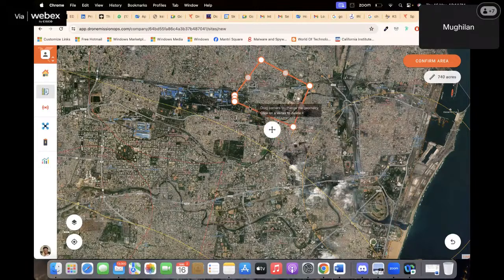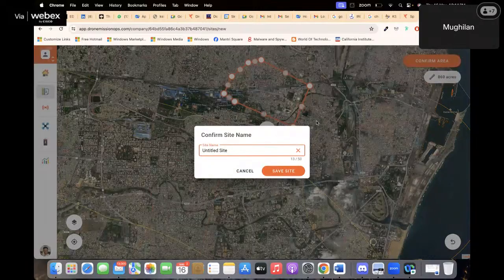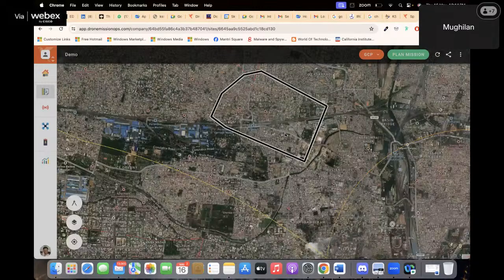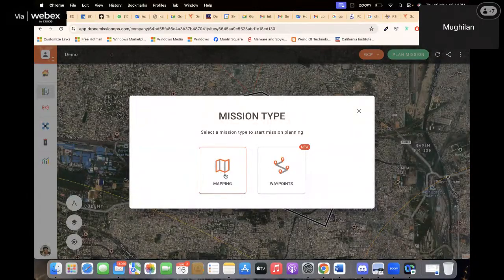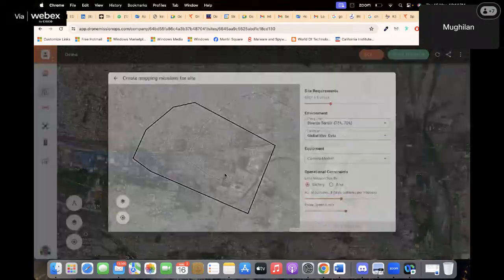As you can see on the right hand side of my screen, I'm just drawing a polygon, a very random area. This is about 869 acres of land. I say confirm area, and this is for a demo, right? Once I do this, I want to map this region of 869 acres, I'm saying I want to map,